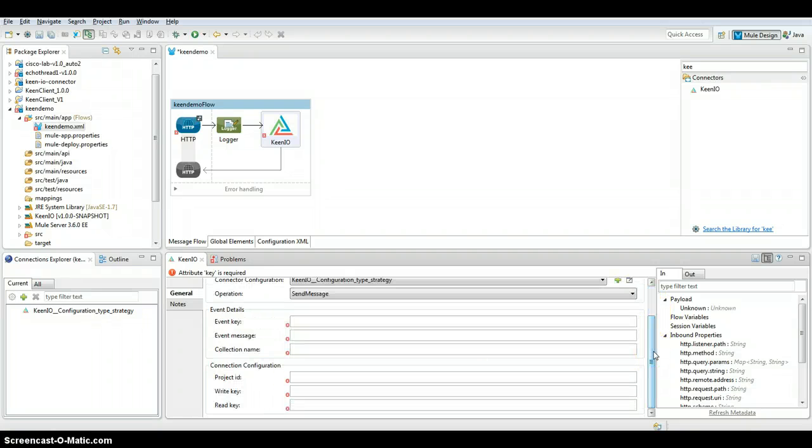Below you can see the event details and connector configuration section. Event details, as I said, is the payload or the data which I want to send to KeenIO. An event detail requires an event key, an event message, and a collection name. The event key and message are nothing but a payload which I am constructing in JSON format. The event key can be anything and the event message also can be anything. So I'm giving the key as something like name, and the message as Arun Kumar, my name,